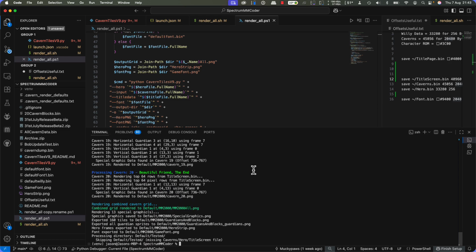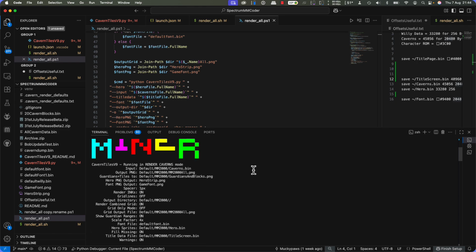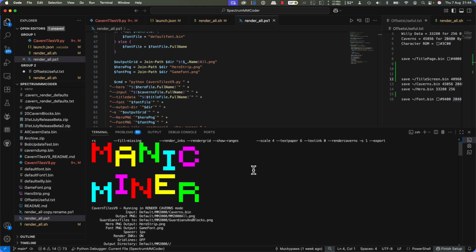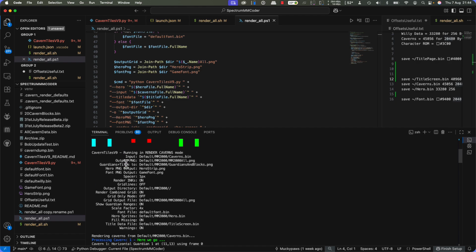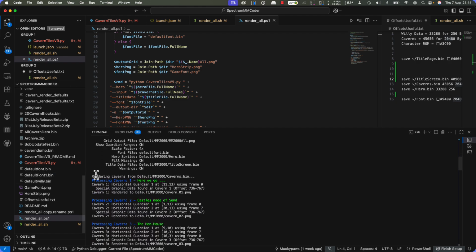It runs through all of the Caverns. I'll just scroll back up here to the top. If you've got ANSI terminal enabled, it'll print out Manic Miner in colours. It will show you the different parameters that I've enabled, and then it'll show you the processing of which cavern, the cavern name, the horizontal and vertical guardians if it's found, and if there's any special graphics data found in